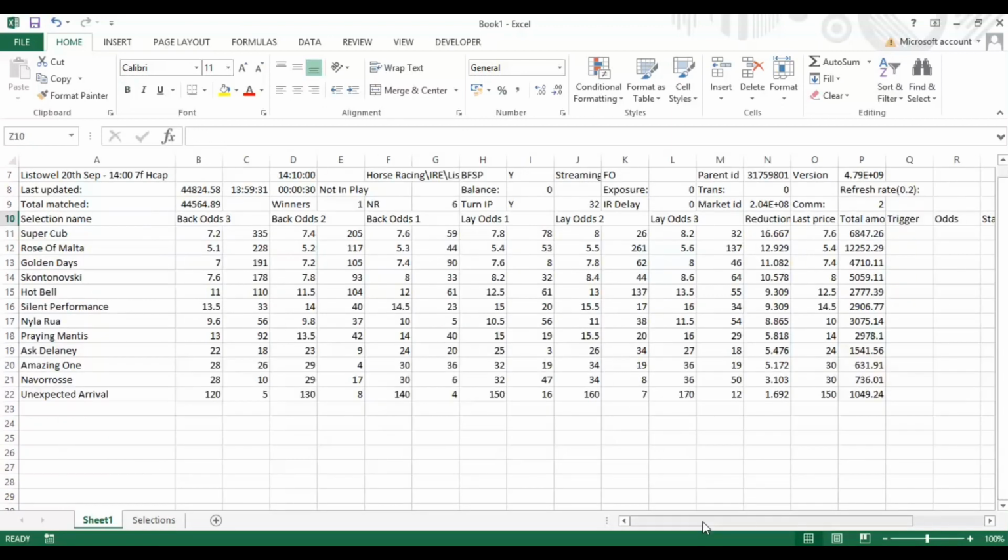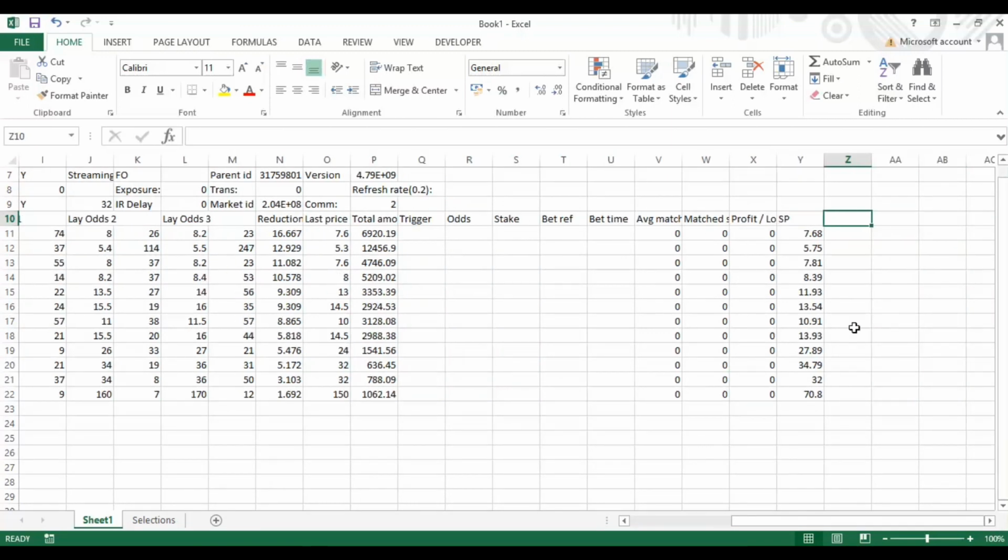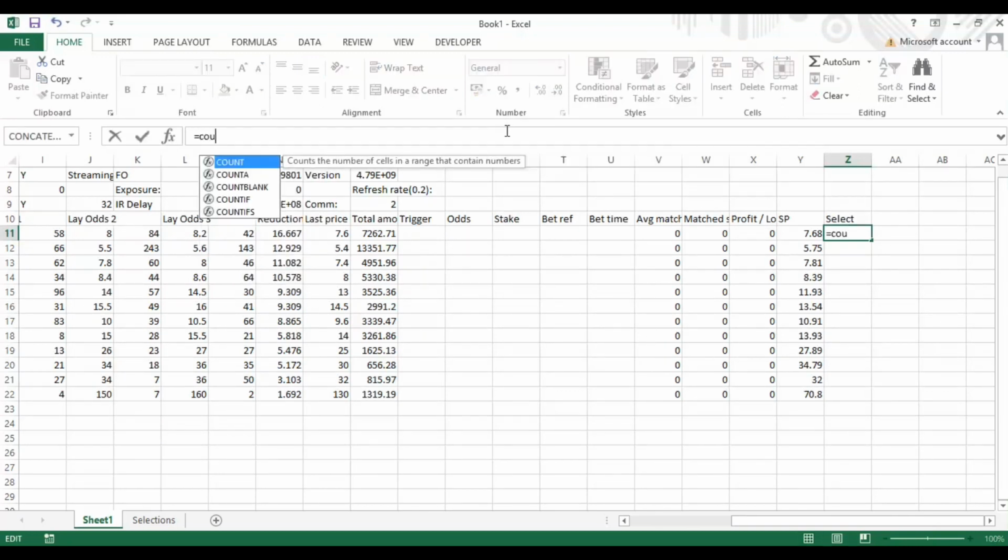Okay, so what we're going to do is move to the next race, but I'm going to set the formula up anyway. So we can put in here "select", or whatever you want to call it, at the end, so you're not interfering with the automated data that's pulled through. And then you can do numerous ways. You can do a COUNTIF, you can do a VLOOKUP, but we're going to do a COUNTIF,